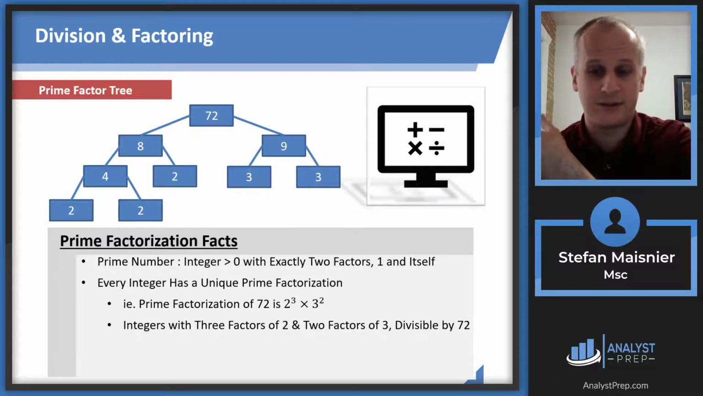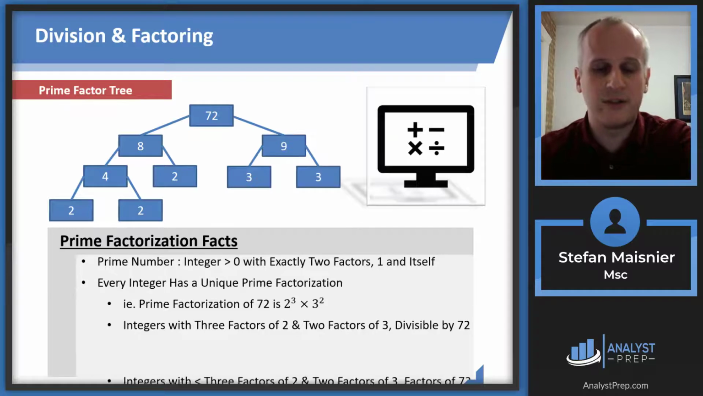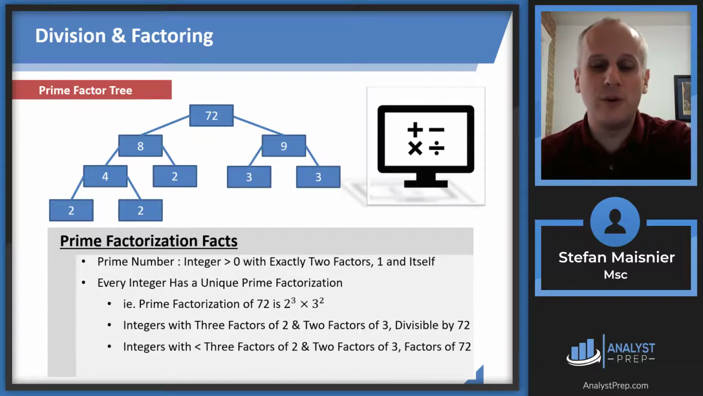And if you add factors, you're just increasing, and we still know that that integer with additional factors will be divisible by 72. And any integer with fewer than 3 factors of 2 and 2 factors of 3 will be a factor of 72. So, for instance, we know that 2 times 2 times 3, or 12, is a factor of 72 because 12 has prime factorization of 2 times 2 times 3, and there are 2 2's and 1 3 in 72,